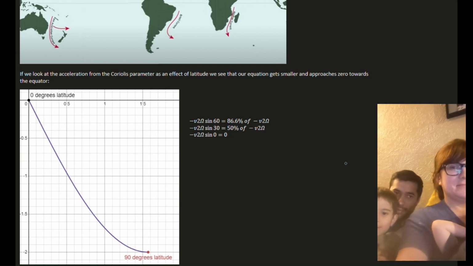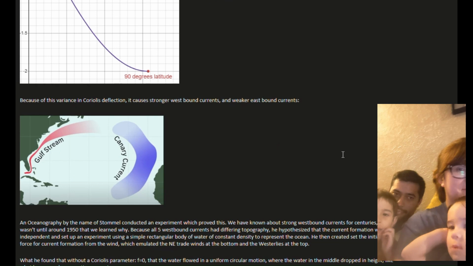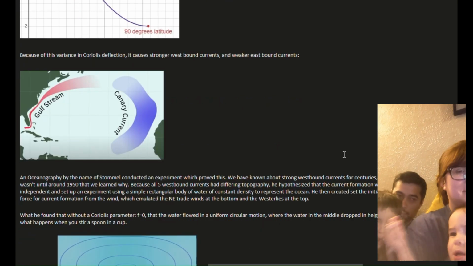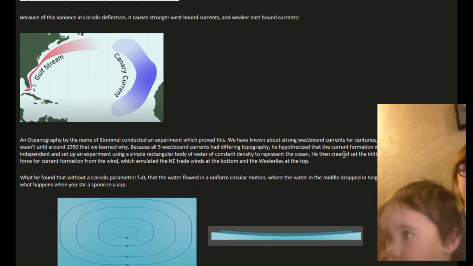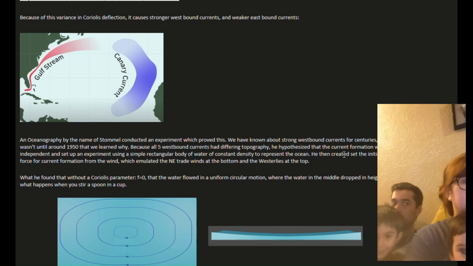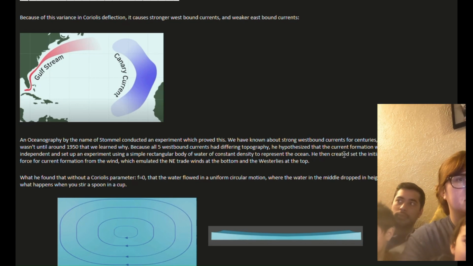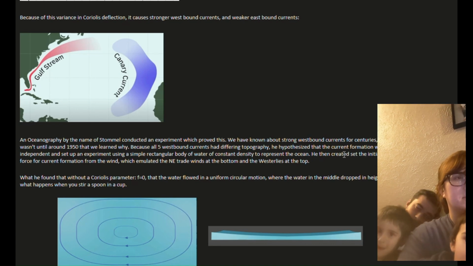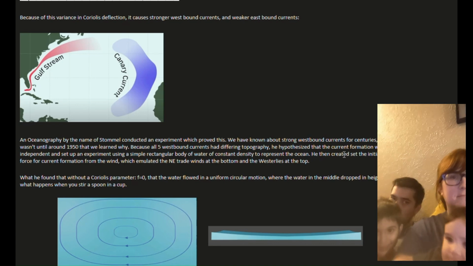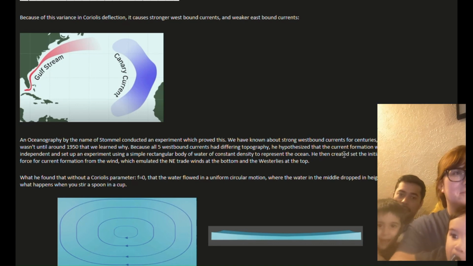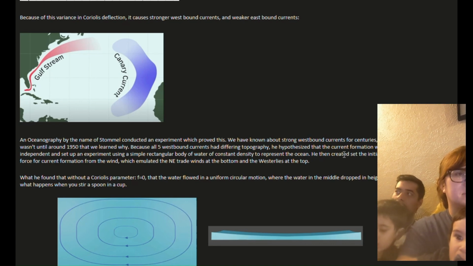Because of this variance, which you can also call Coriolis deflection, it causes these strong currents on the eastern fronts, the western boundary currents, to congregate. And on the eastbound side, so on the west coast, not to get them confused or mixed up, it causes weaker currents and more diluted water. And so Stommel conducted an experiment to prove this using just a simple